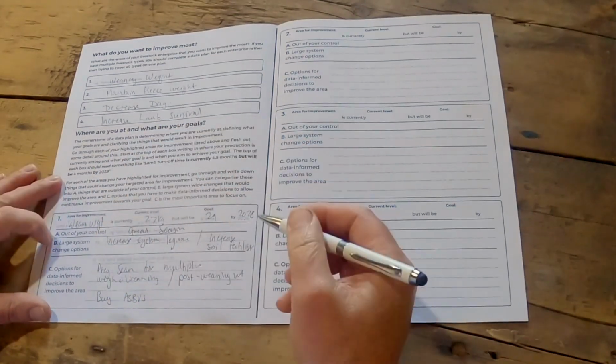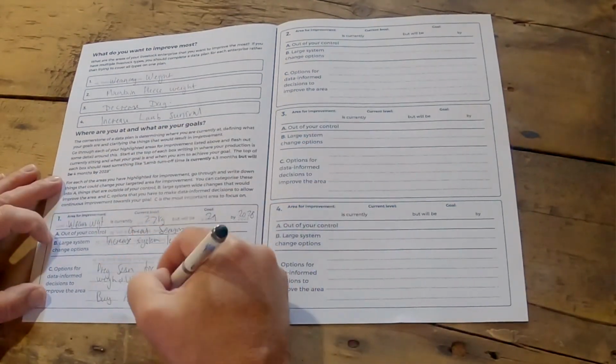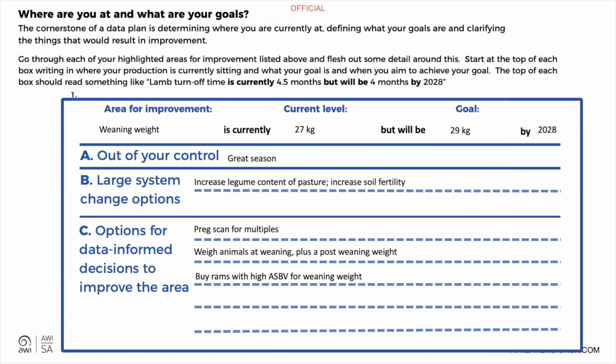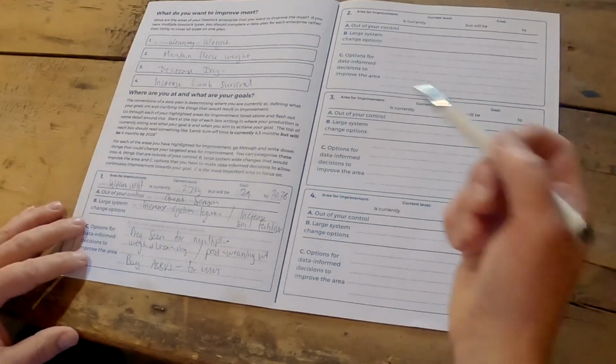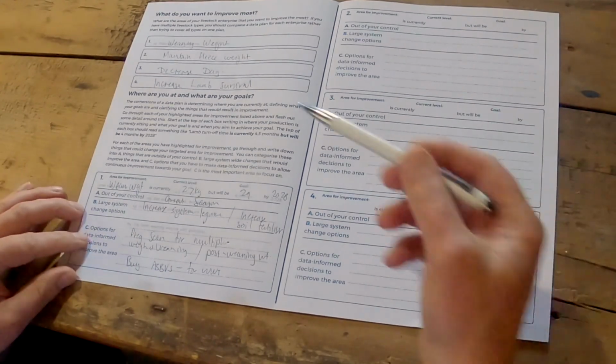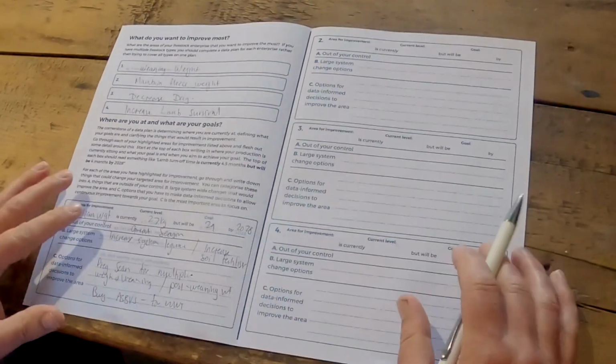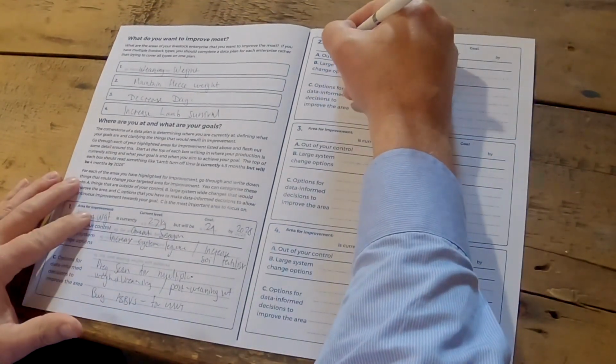More of a system change, but buying rams with high ASBVs for weaning weight is another option, and that's something definitely we encourage if you're trying to improve something, making sure that you're bringing in those rams that are good for those traits, as well as working on the ewes and the lambs within the business. So there are a few different ways to improve weaning weight. So that's weaning weight sort of covered, and we go through all these 4 traits. Maintaining fleece weight was the next one. So fleece weight